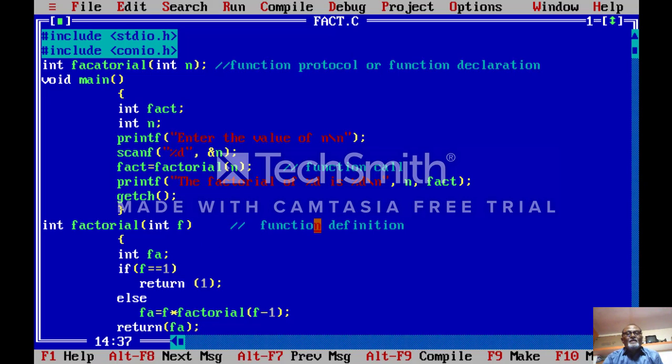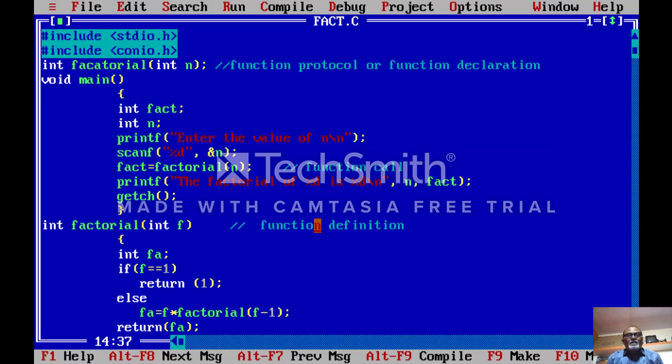So thank you students. I know C language is a powerful language, it's a high level language, it's a portable language, and generally it has a lot of features.